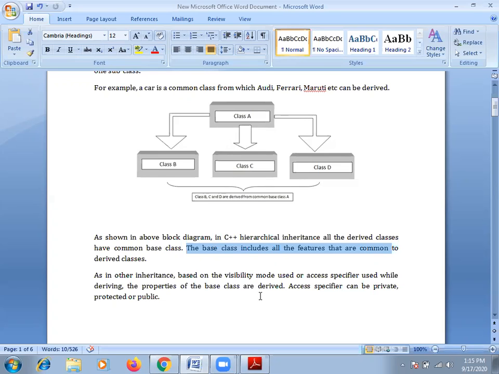Okay, and when we are going to use a private access specifier, at that time public and protected members of base class should be inherited as private members in a derived class. And we know that if private data is present, so that private data we cannot inherit into the another class, because when we are going to use a private keyword, at that time what happens, that member function and data member should be limited up to that particular class. Okay,